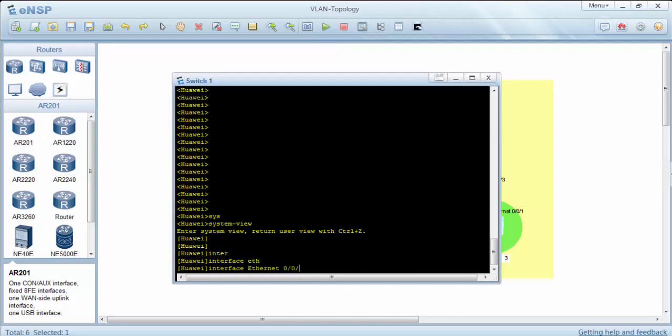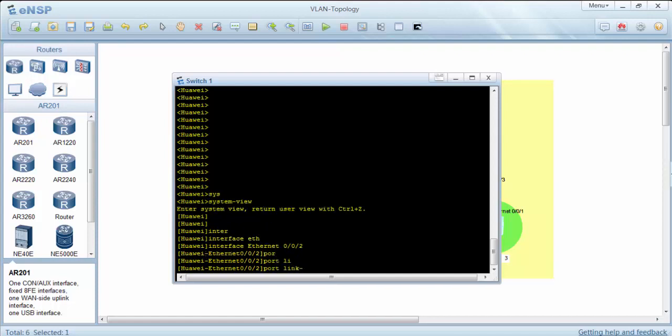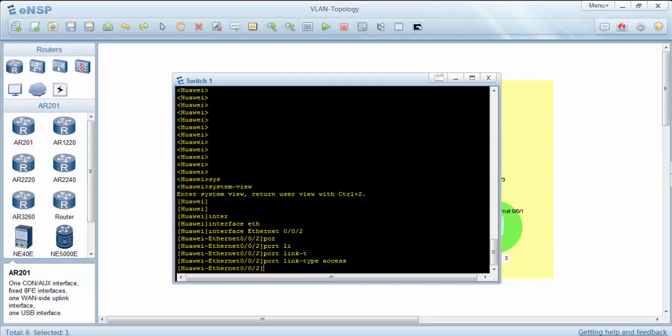Our first Ethernet interface for VLAN 2 is 002, and here firstly we will add the port type. It is an access port. It will access VLAN 2,